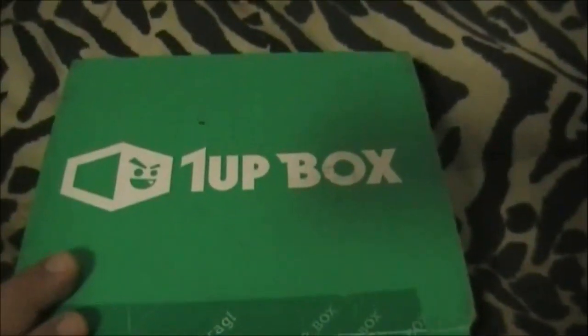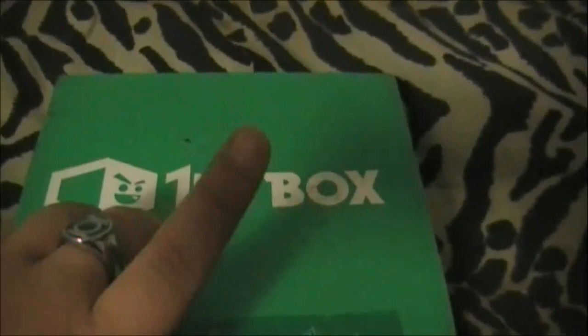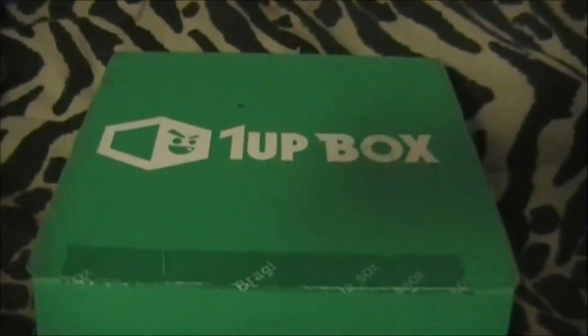I actually am almost thinking about tying the whole thing together and grabbing that friggin' retro sticker I got from Geek Fuel and slapping it over here and completely covering up the One-Up Box logo. I am almost tempted to do that. I'm not sure if I'm going to. But yeah, guys, I just sort of thought I'd share that I did find another positive to One-Up Box,